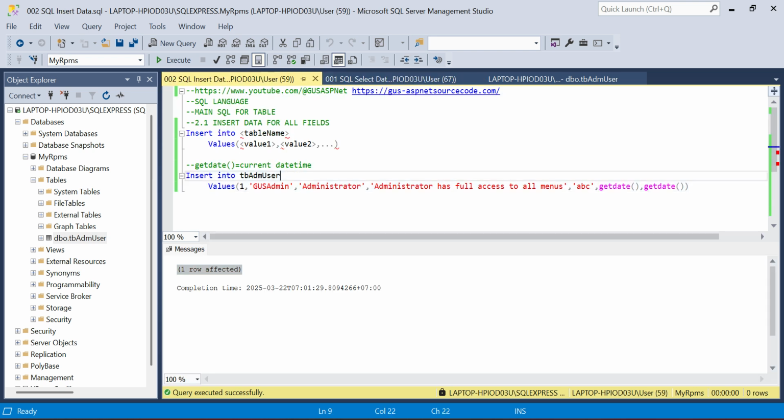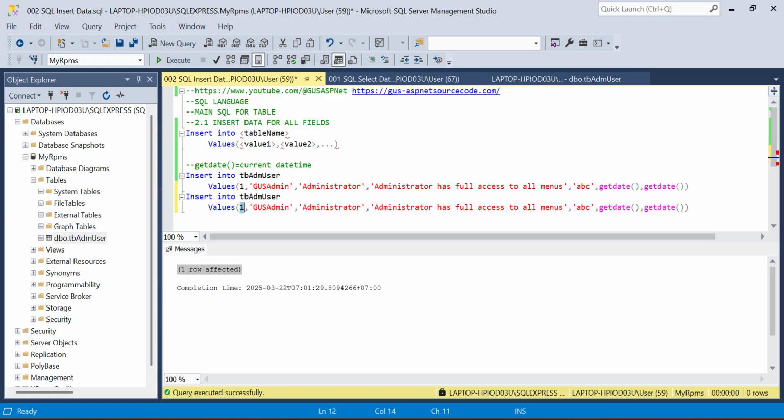Okay, now let's input again. I want to input, for example, the name of this Sulis Tiono.